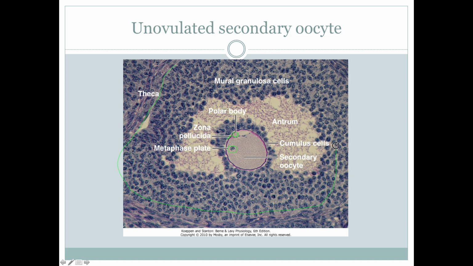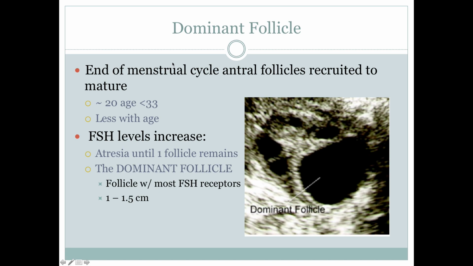So look at all of this protection this egg has around it in the follicle. And then you've got the thicker thecal layers that'll eventually become the corpus luteum. So that is what it would look like histologically before ovulation. Lots of cool things. And as I mentioned, whichever one is the biggest, and as we know, the growth is determined by follicle stimulating hormone, and these all have FSH receptors. So whichever one has the most is called the dominant follicle.